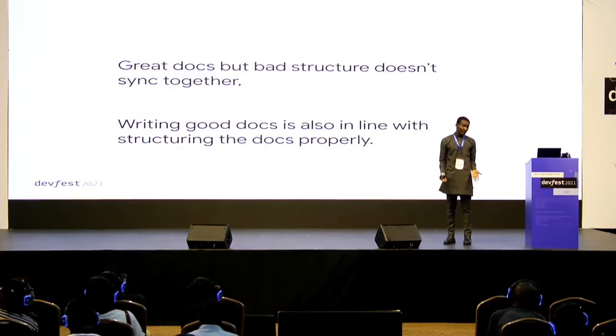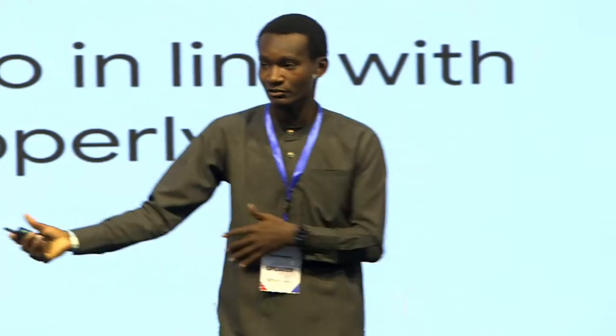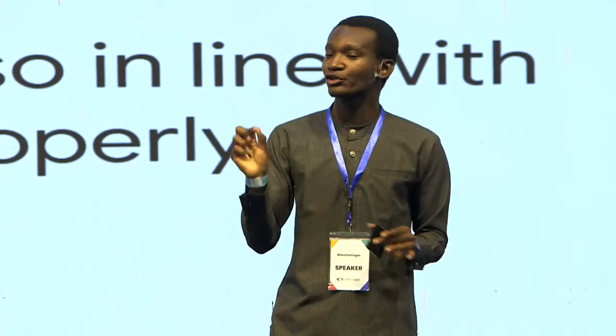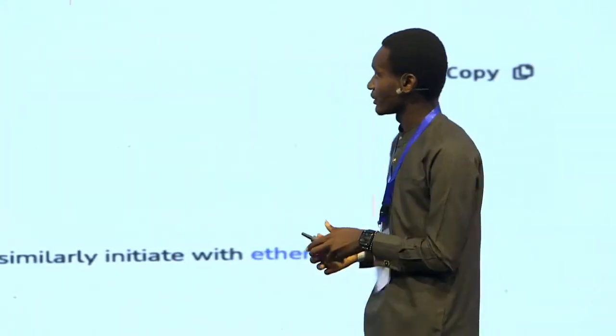When they want to implement or install your library, what's the first thing they should do? It's part of documentation, right? It's not just about putting a ton of stuff out there, bam, take it, look at it, make something work. It has to be the first thing, the next thing, the next thing, and the next thing. Don't skip anything. Don't assume that people understand how to do one thing or the other. That assumption is going to make you lose the right audience. You don't assume that people understand this already. Let's go to the next thing.